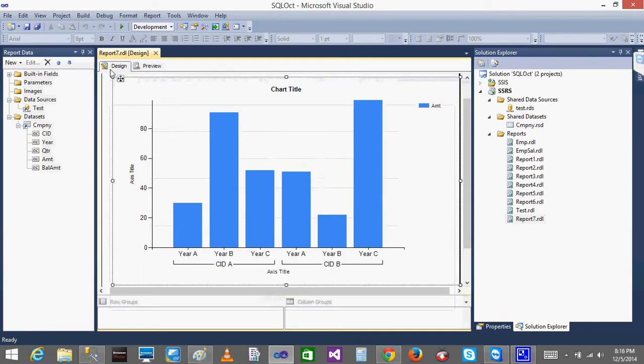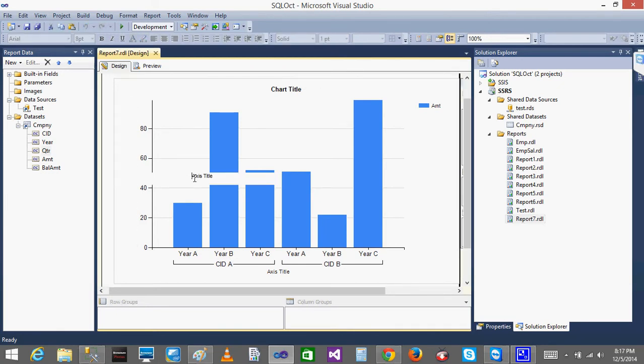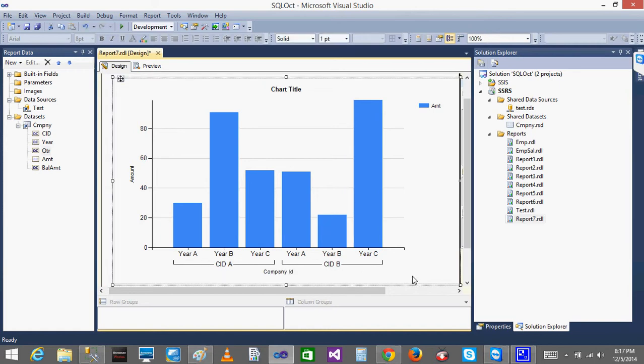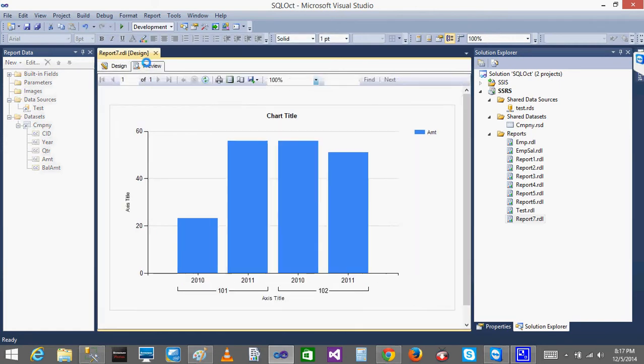So in order to make the users know, what you'll be doing is that you will click on this and you can name accordingly. So I'll name this as, okay, just you can click on the axis. Now it will prompt you to enter. So I'll name it as amount. That's it. Done. Now automatically it will be shown. Here I can write company ID. That's it. Okay. See, now when you see the preview, you'll be getting the company ID as a name and the amount